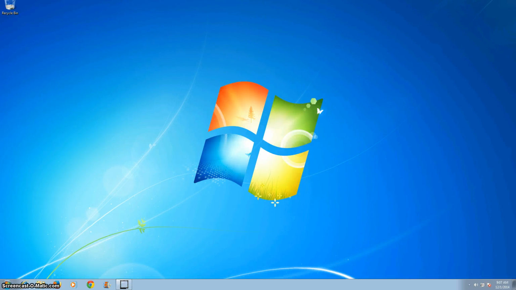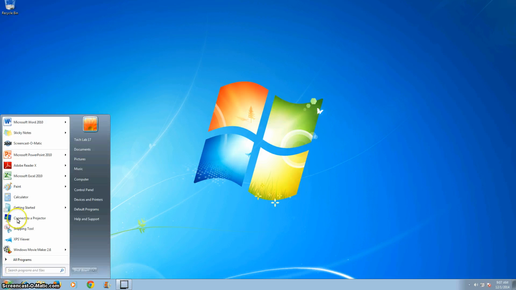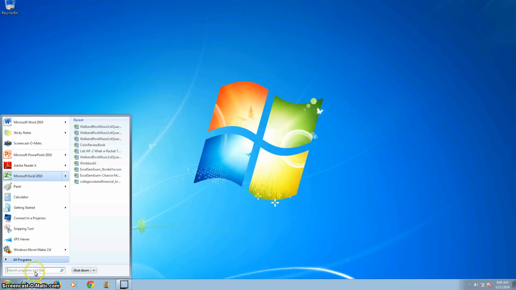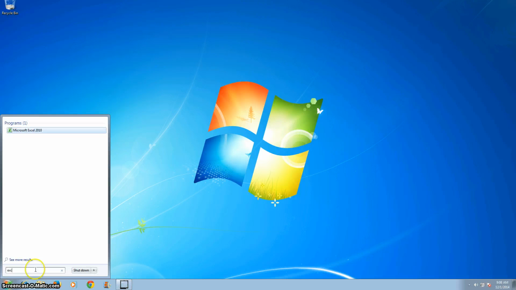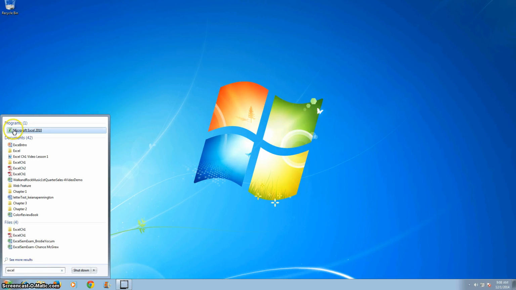Okay, welcome to the Excel video lesson 2, and what we're going to be covering in this lesson is actually starting an Excel worksheet, opening the workbook, labeling the parts so you know the parts of the Excel environment, and then starting on the Walk and Rock spreadsheet itself. So when you start Excel, if you don't have the icons on your desktop, it always starts, and then here's your Microsoft Excel. And if you don't see that, you can always type in Excel here to bring up that